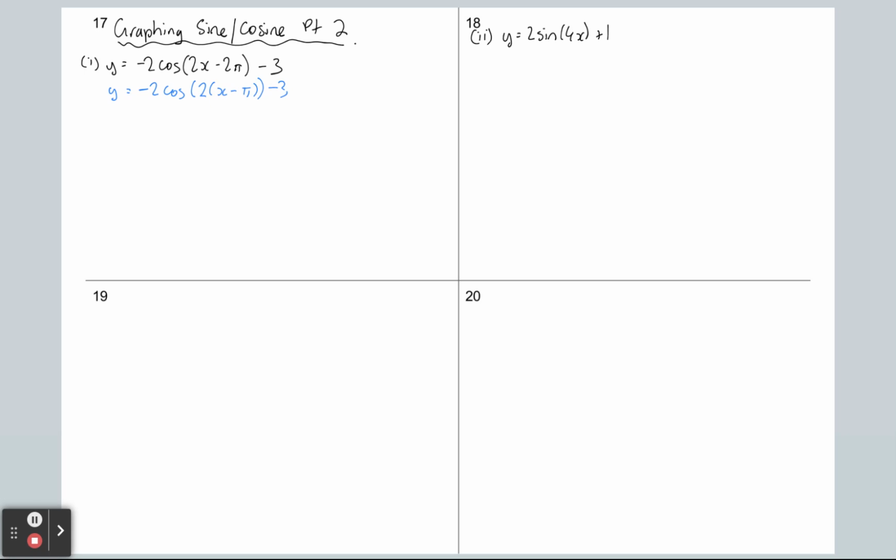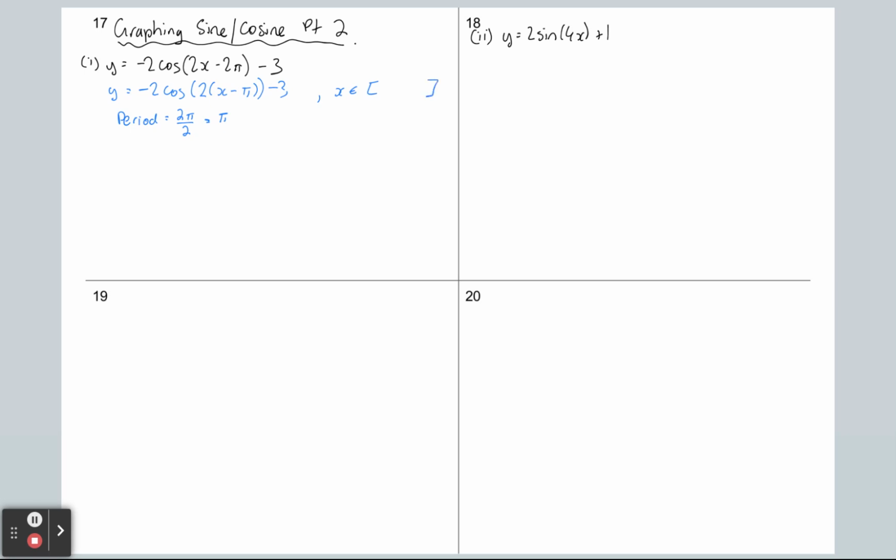And if you haven't been told what that cycle is, we should try and figure out something which works quite neatly for us. It does have a period of 2 pi, the usual cycle length for cosine, divided by 2, and that 2 here, by the way, of course, gets us a period length of pi. So, what are we going to use as our